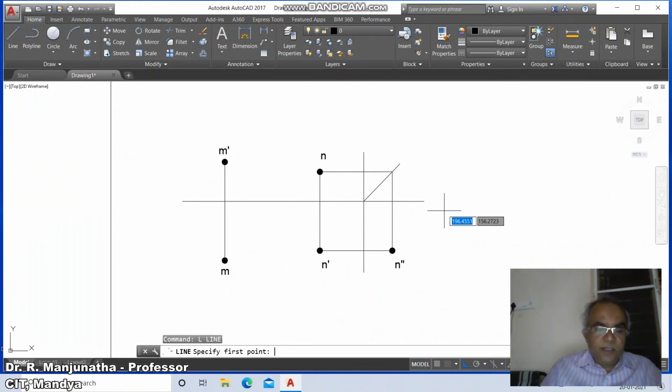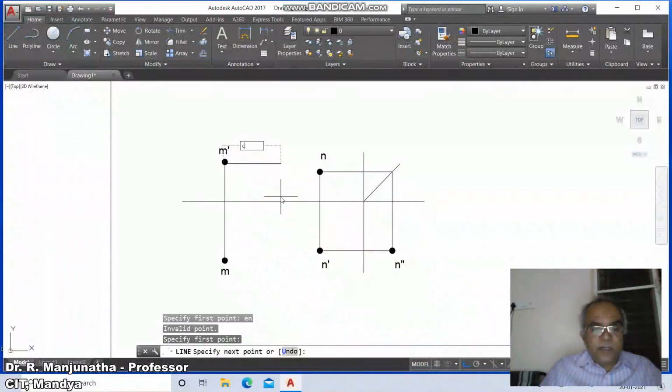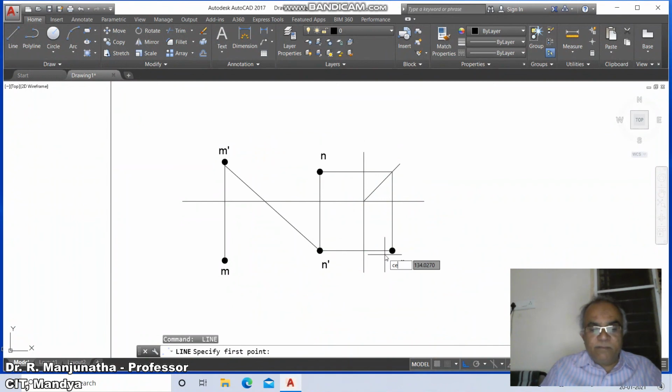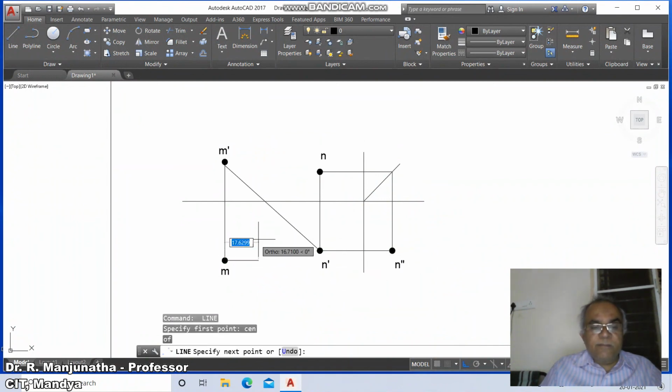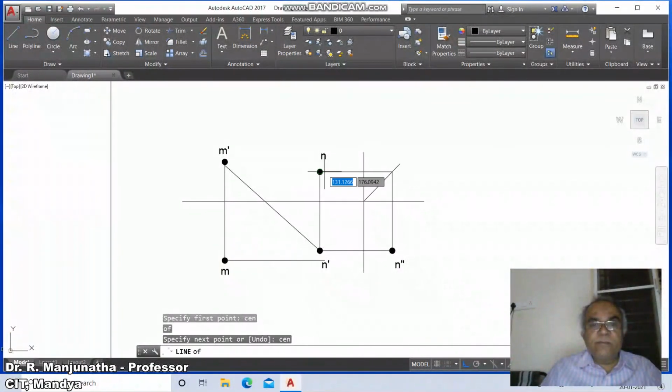Then go to line, take center of this and center of this. Similarly line, take center of this and take center of this.